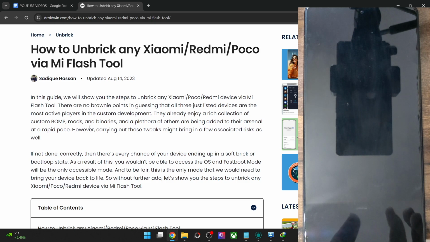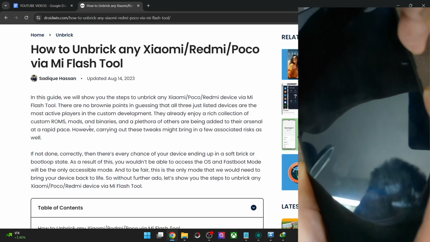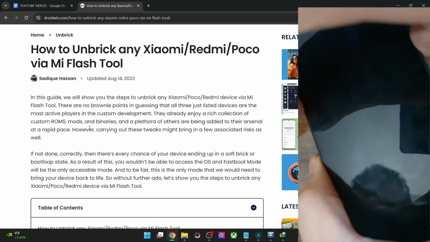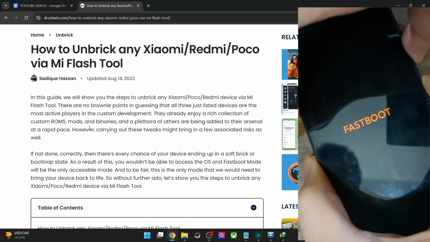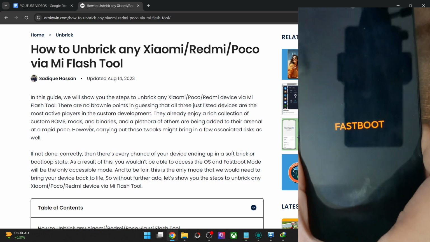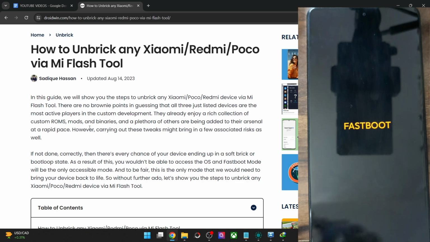First and foremost, while undergoing a boot loop, your phone will automatically power off for a few seconds. When that happens, press and hold the power and the volume down keys and keep on holding both the keys for around 8 to 10 seconds or until you get the fast boot screen. As soon as you get the fast boot screen, release both the keys. I'm repeating, you will have to press and hold the power and the volume down keys until you see the fast boot screen.